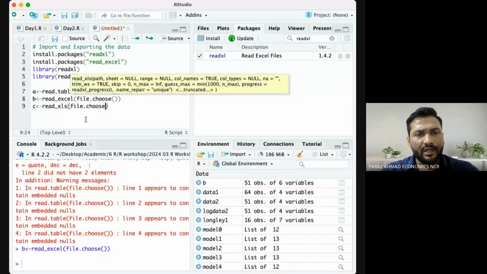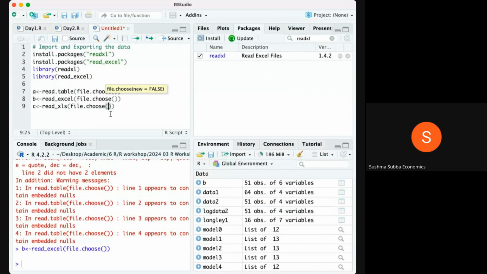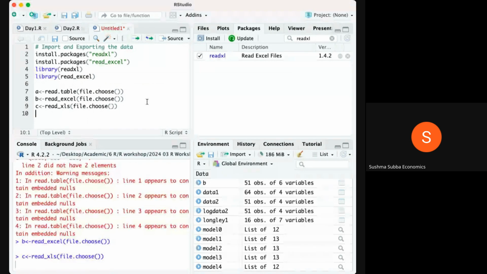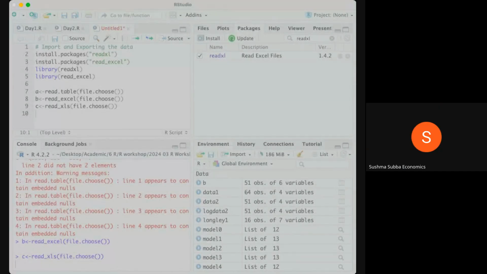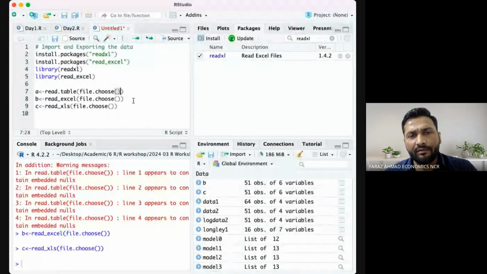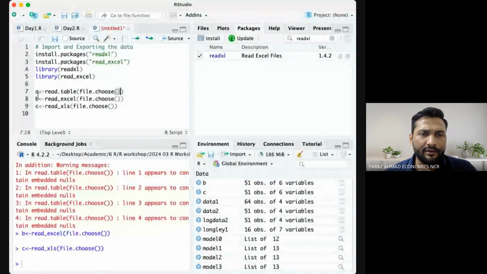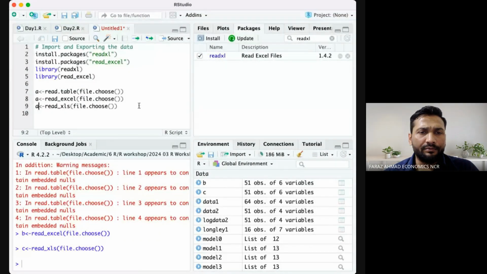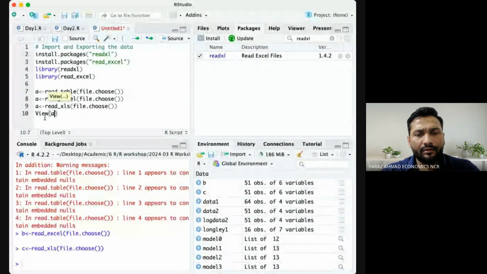Whatever works for you, please write out of these. I'm writing all of them. So for those who have installed read XLS, the ninth function is working, right? Yeah. Okay. The seventh one is working for me. Whatever works for you, just import it. Which data do we have to import? Teacher salary, you can do. Okay, sir. So if I view A,